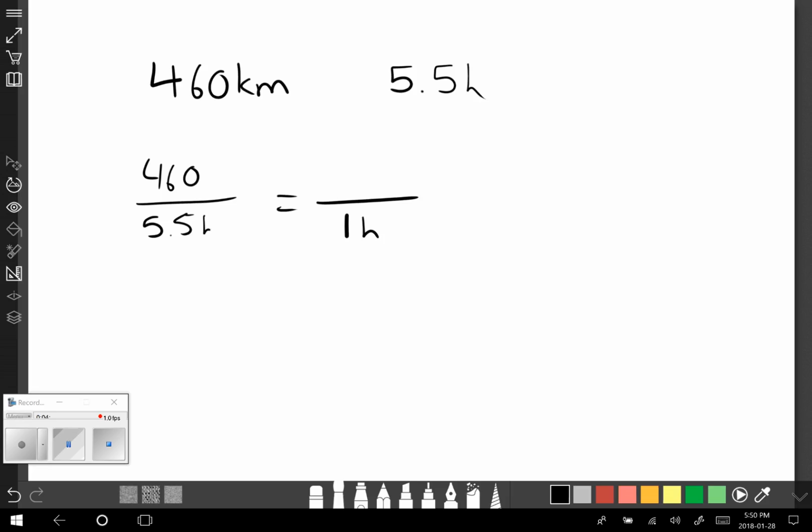We're always going to get it out of 1 hour or 1 second or 1. So the time always is going to be what turns into 1. And then we need to figure out how far we can go. So what did we have to do to 5.5 to make it 1? Well, we had to divide it by 5.5. Anything divided by itself is 1. A million divided by a million is 1. 5.5 divided by 5.5 is 1. So if we do that to the bottom, we have to do that to the top. Let's just pull out our calculators here. Feel free to use your calculators for these problems. 460 divided by 5.5 equals